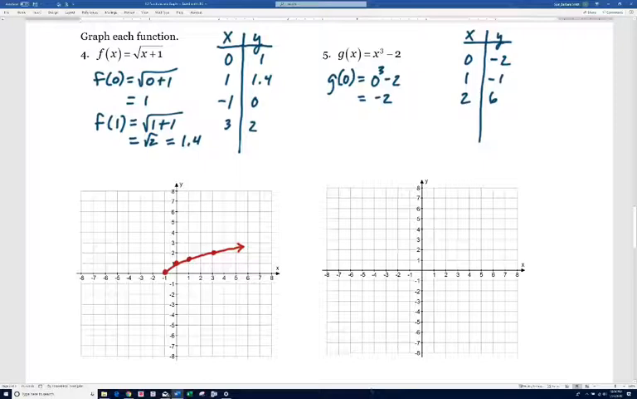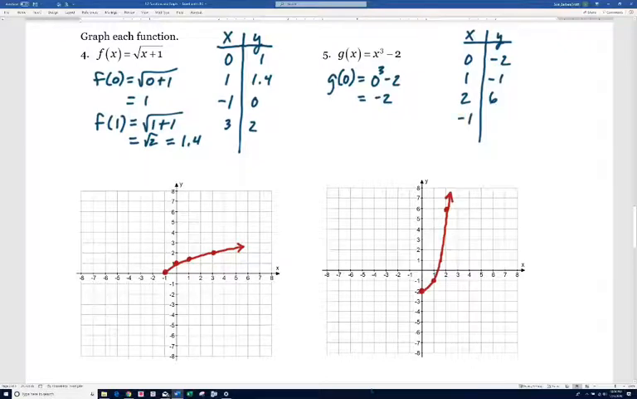Let's try plotting those points. So they look like this, and in fact, if you plugged in 3, you would actually get a pretty good sized number. You'll see that the graph looks like that as you go to the right. So what if we choose an x value on the other side, like